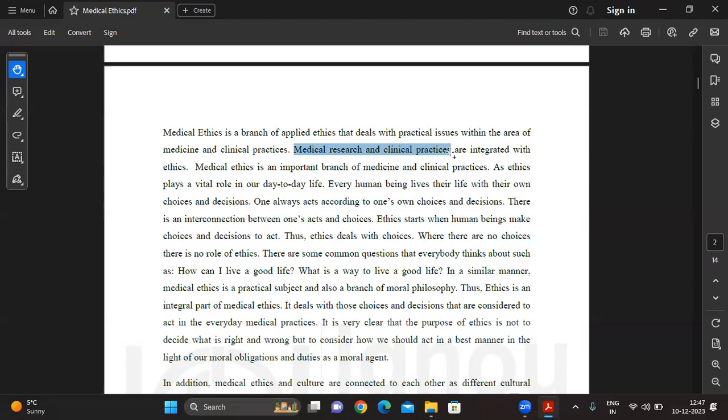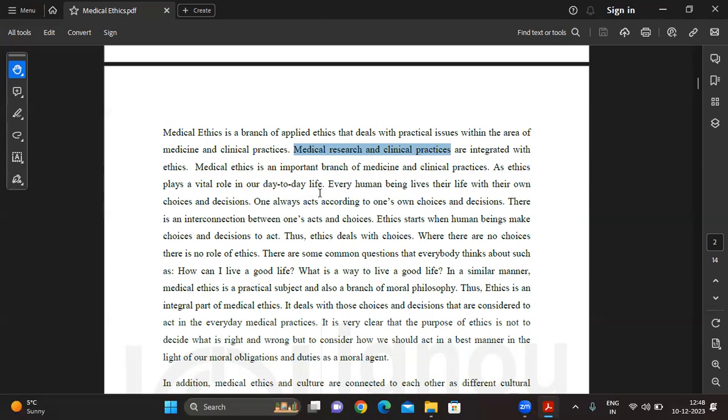आप, for example, psychology पढ़ रहे हैं, maybe some of you may have a psychology major, or maybe you may study zoology. So even when you'll be dealing with a patient, or let's say even animal research and things like that, you are dealing with the other, and ethics will inevitably, without a doubt, ethics आ जाते हैं उसमें. ठीक है? So medical ethics is an important branch of medicine and clinical practices, as ethics plays a vital role